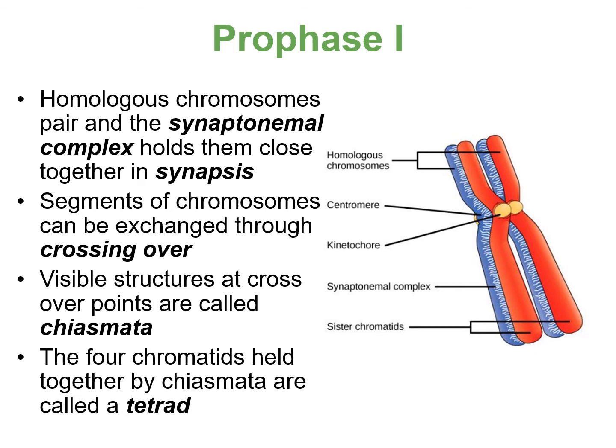So I know the slide with the entire process of meiosis 1 may seem a little overwhelming, so that's why I'm going through each one of the phases individually so that you understand and hear all of this information again. So we've left interphase and now we are in prophase. Homologous chromosomes pair and the synaptonemal complex holds them close together in synapsis.